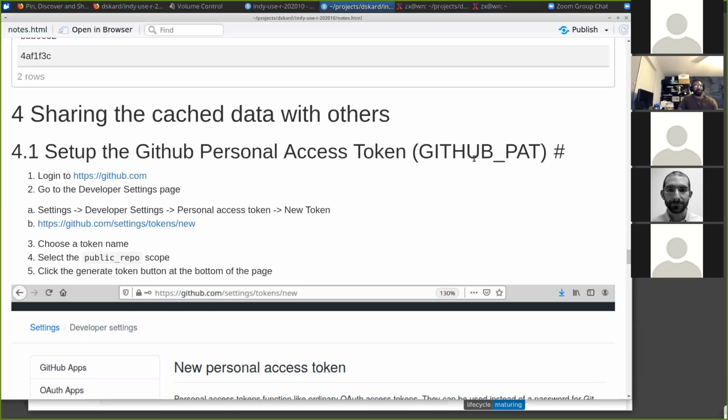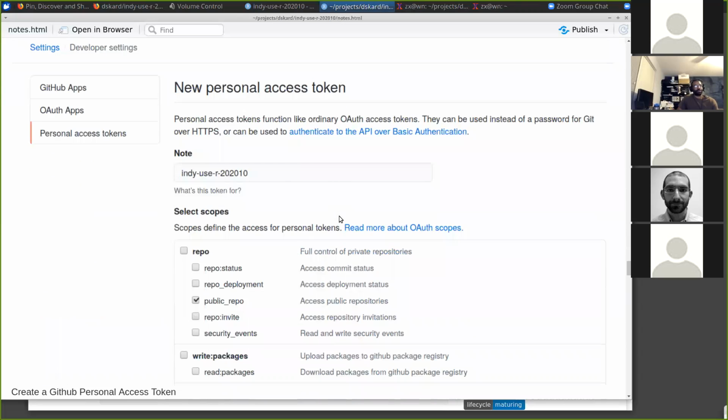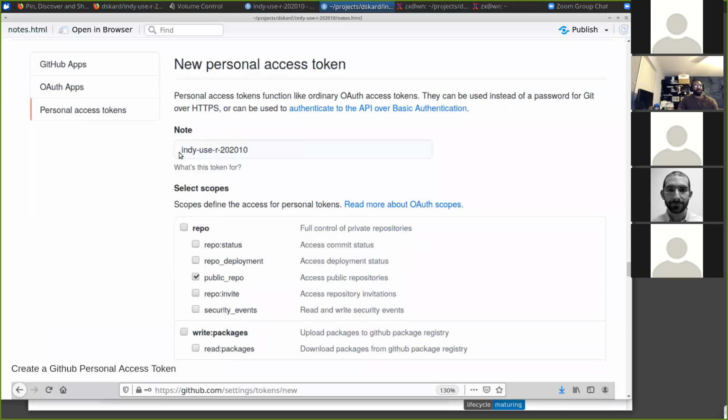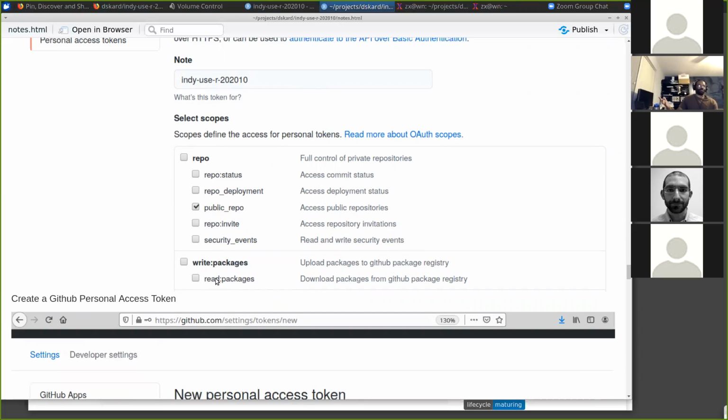So if you're setting this up for the first time, you can go on to GitHub. If you go into the developer settings page, there's a place where you can create personal access tokens, and you'll ask for a new token. The process is pretty simple. You just need to give your token a label, click on the public repo checkbox on the web page and click the submit button, and it will hand you back, I don't know, probably a 16 to 32 character string that you'll then put into